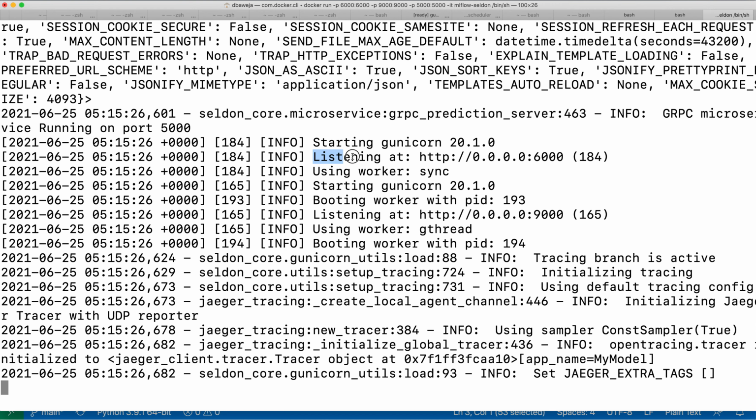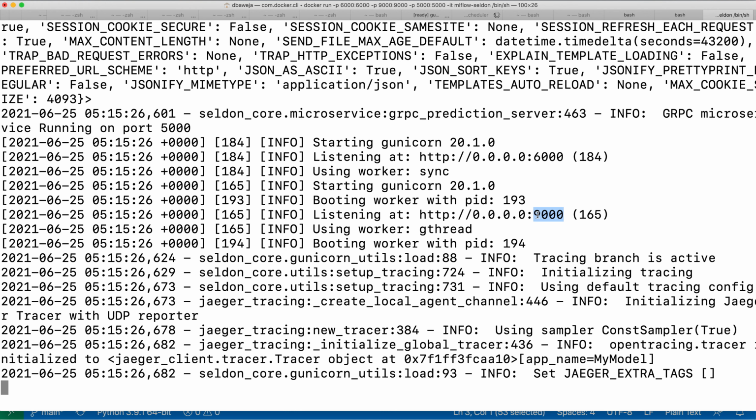Okay, so here you can see that it says starting gunicorn. Now gunicorn is a server inside which your microservice will be exposed. Now you don't need to do anything for all of these things, wrapping your logic inside a server, starting up the servers. It is taken care of by the Seldon Core platform. It will automatically deploy my model logic inside gunicorn, and the service will be available at port number 9000.